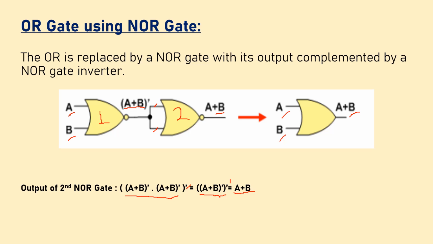So we have proved and implemented the operations of AND, OR and NOT gates with the help of NOR gates only. So far we have proved that the NAND gate is a universal gate, and since we can implement these three basic logic gates with the help of the NOR gate, we can definitely say that the NOR gate is also another universal gate. So that is why these two gates, NAND gate and NOR gate, are treated as universal gates.